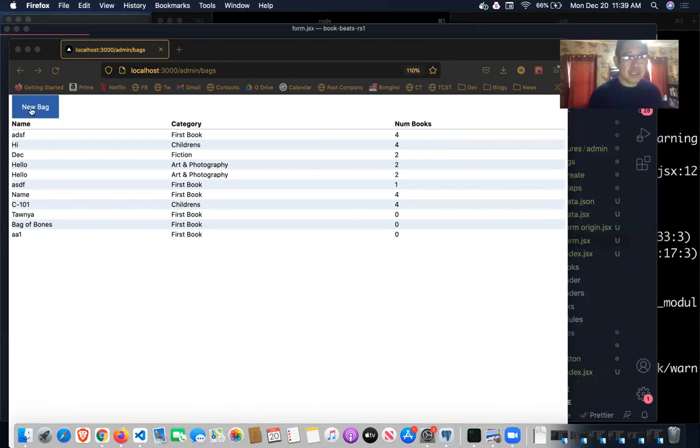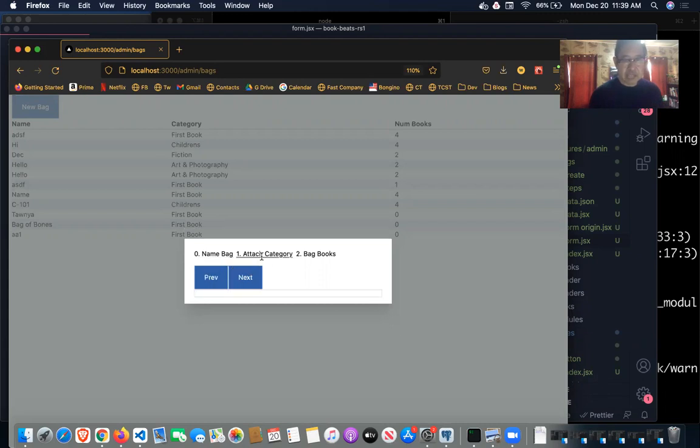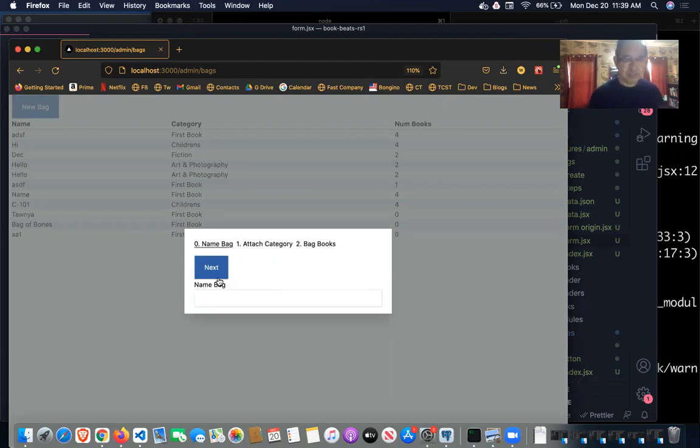So this part is, if you wanted to create a bag, you'd have a name and you'd attach a category and you would add the books. So let's walk through this. As you can see at the top, there are three parts to this modal. There is the progress bar. And as we step through it, it is underlined,